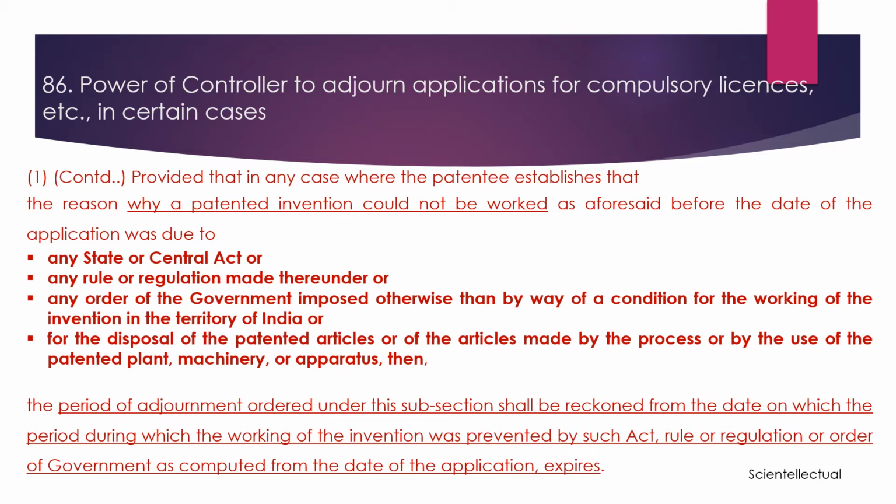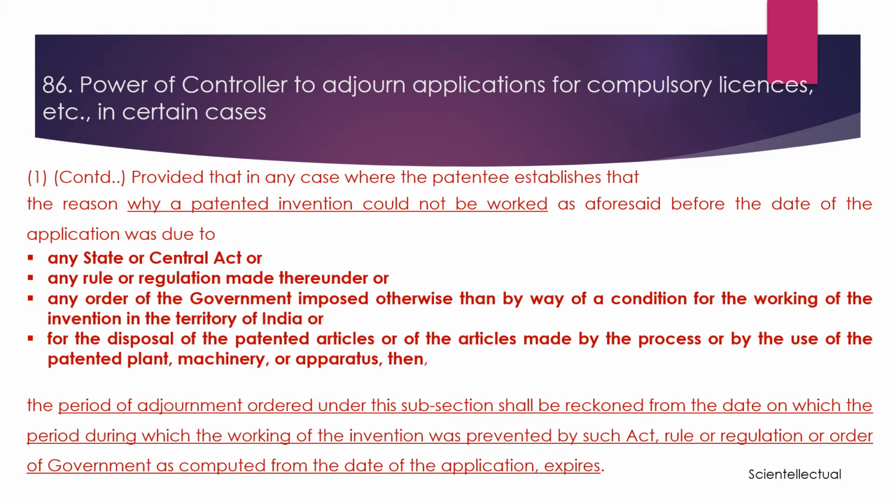Section 86, subsection 1 continues. The adjournment that has been mentioned in subsection 1, it is provided that in any case where the patentee establishes that the reason why the patented invention could not be worked before the date of application was due to any state or central act or rules or regulations or order of government imposed by way